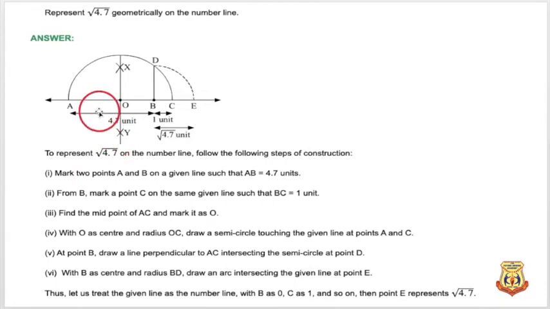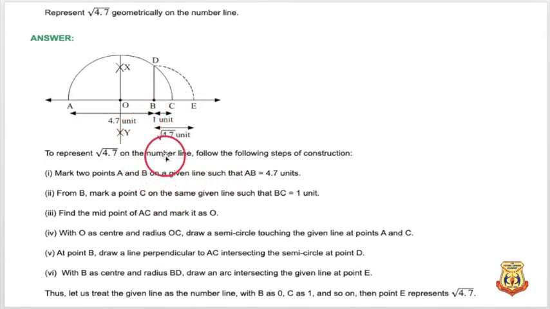First you will draw a line AB. Look at this, AB, and the length is 4.7, as given. In your scale, one side is millimeter and one side is inch. So you can take the millimeter side, and there you will take the length 4.7 and draw a line like that, A and B.